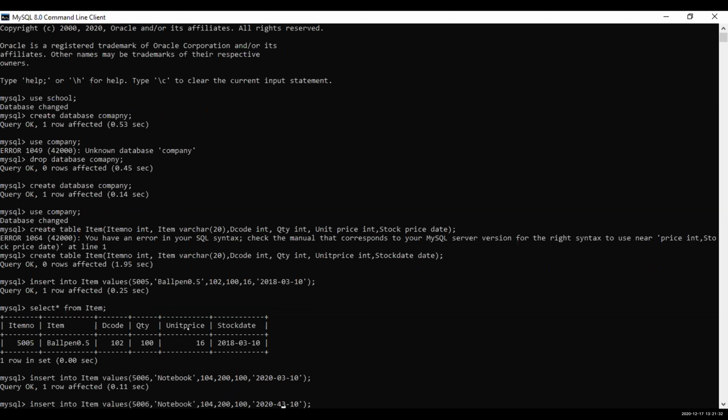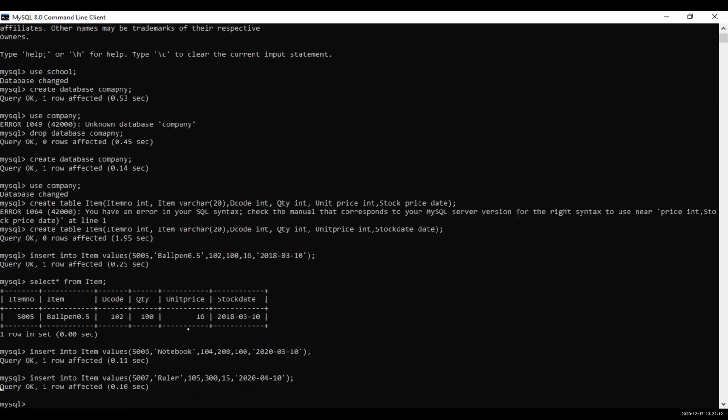Otherwise, you can type everything in Notepad and copy and paste it here. That will also work. One more.